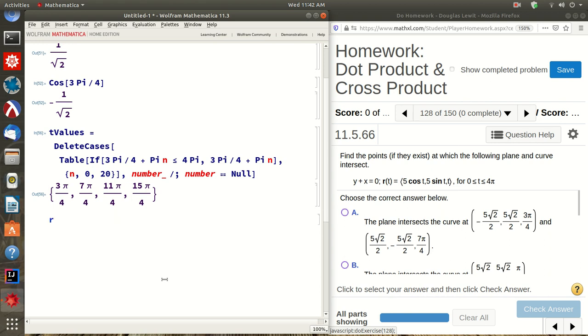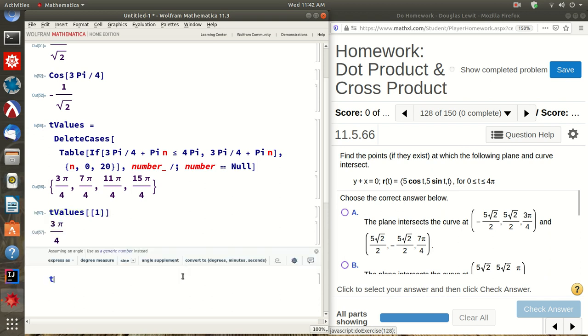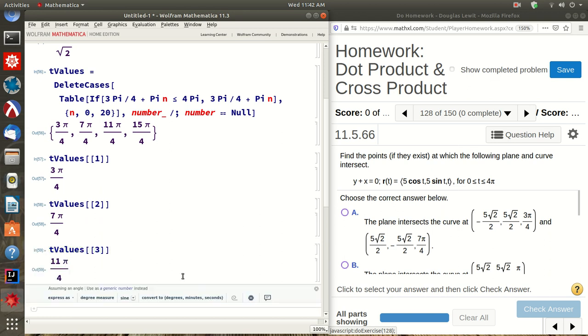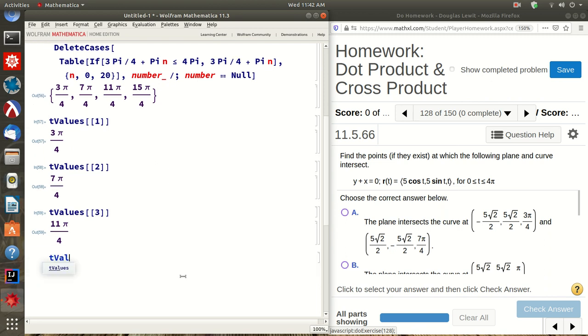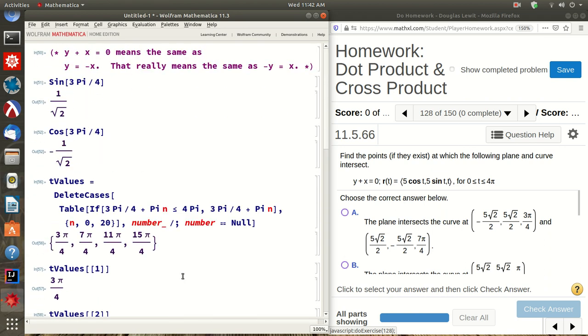So R of t, well, t values 1 gives me the first answer, and t values 2 gives me the second answer, right? And t values 3, oops, that gives me the third answer, and t values 4 gives me the fourth answer. But I have to plug these back into my R function,